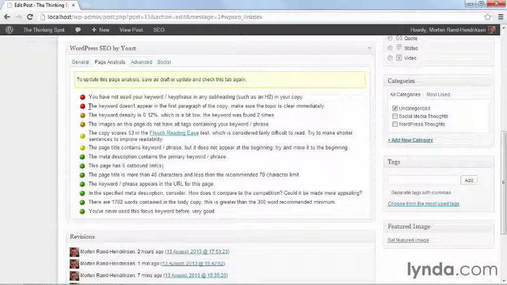Same thing goes for this. The keyword doesn't appear in the first paragraph of the copy. Make sure the topic is clear immediately. This has to do with what's referred to as the upside down pyramid. On the web, you want all your main content to appear at the top and then all the peripheral content to appear on the bottom. So if the article is about Google Glass, I really should mention Google Glass off the top in my first